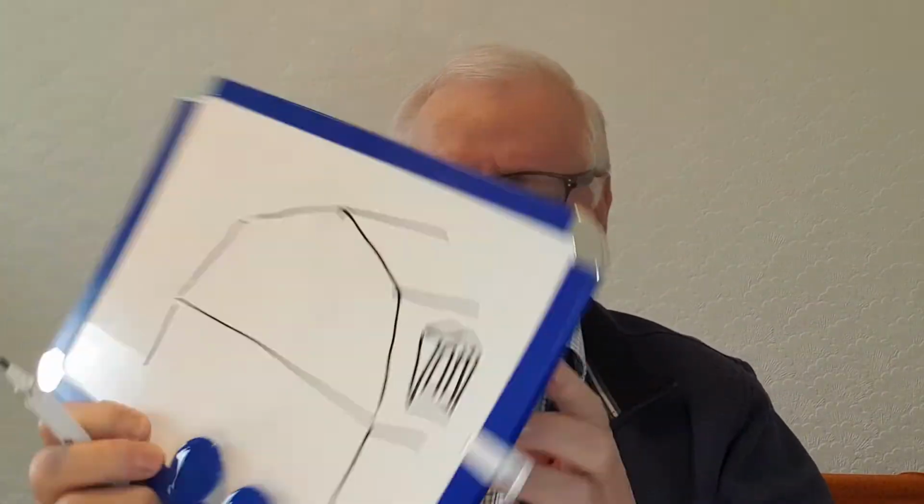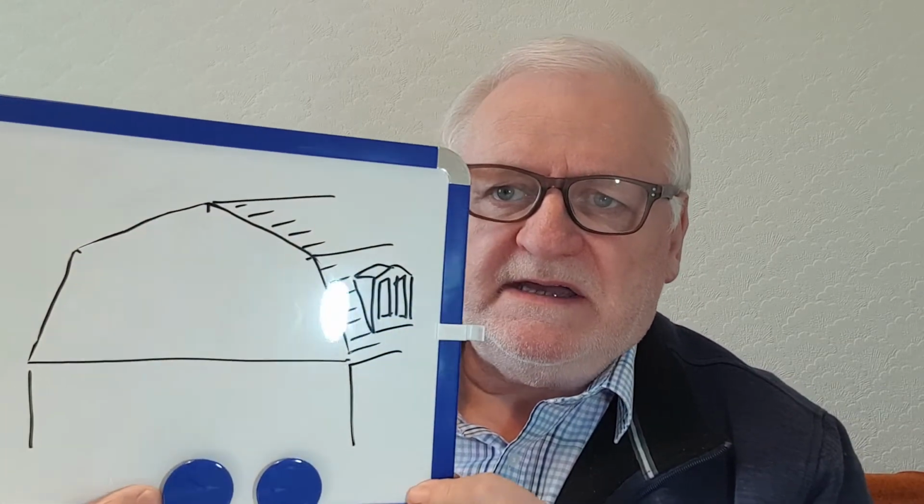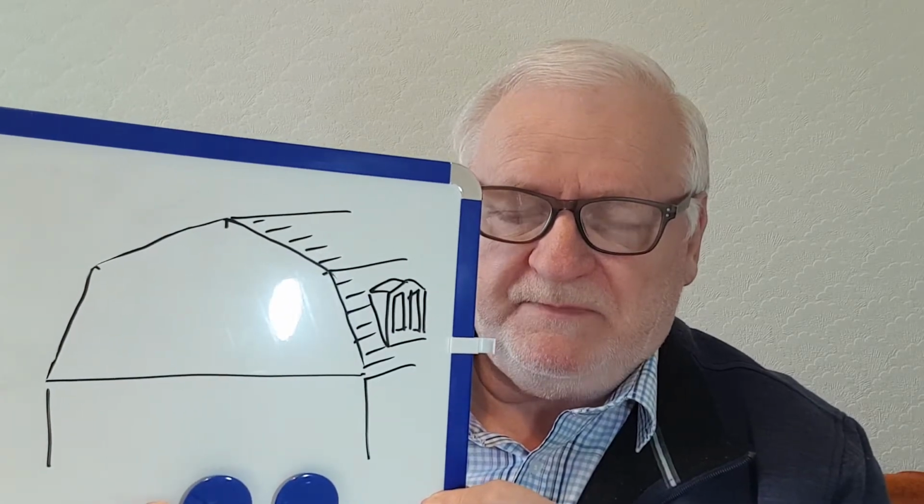Now a mansard roof has tiles across the roof, as normal houses do, and all the way across. Now you can imagine when a storm comes how very much better this is at protecting a house from exceptionally bad weather. So it's an exceptionally strong construction, and that's what a mansard roof is. So we're going to have to use this little diagram board now and again as we're talking. So there's a number of different types of roof. You've got a flat roof, and then you've got the pitch roofs, the lean-to, the gable end, and the hipped